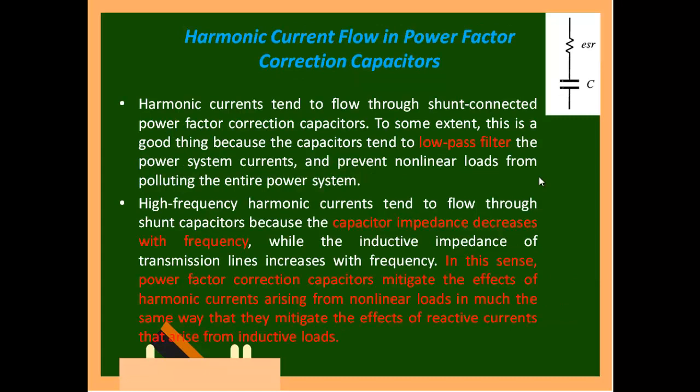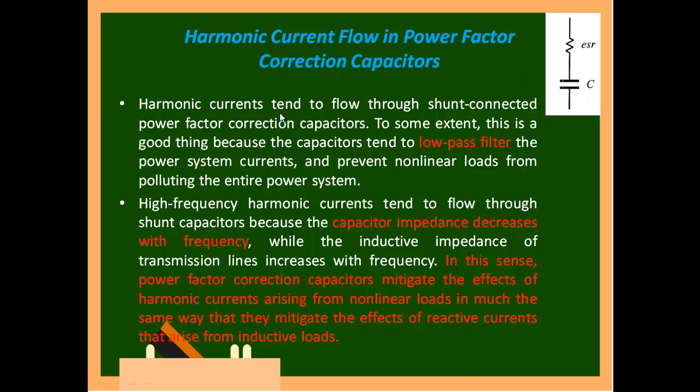Next, harmonic current flows in a power factor correction capacitor. We are seeing the problems faced due to harmonics in different ways. First we saw the 3-phase 4 wire, then 3-phase 3 wire, then 3-phase with respect to delta. Now we are talking about the harmonic issue in your power factor capacitance. Initially you don't see this ESR; I will tell what that ESR is. Just take the capacitance. Usually this capacitance will be connected in parallel.